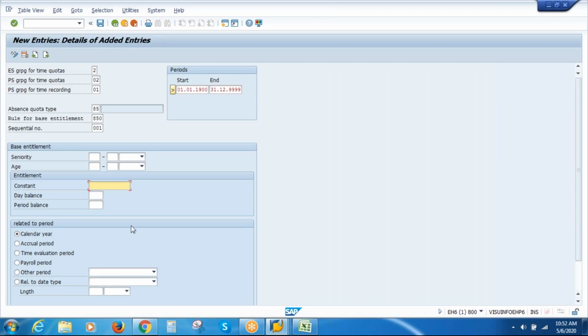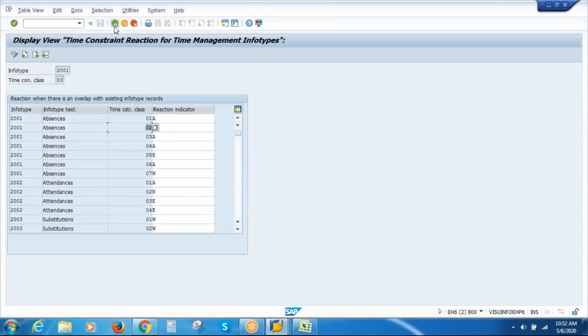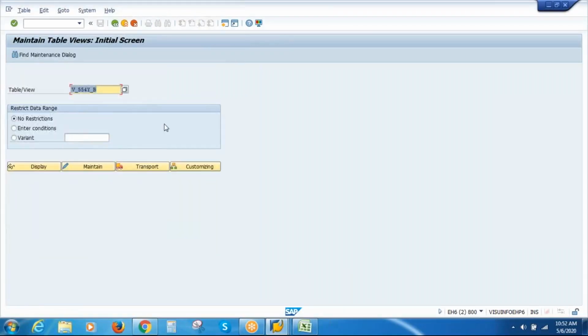Here, whenever the employee books attendance on a public holiday or day off, only then this quota has to be accrued. Only then this quota has to be generated. So what I'll do is create a time type called day balance time type, and then I'll assign the time type here. If I have to configure a day balance time type, then there's a table called